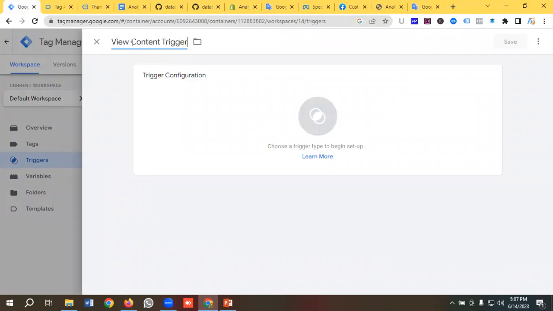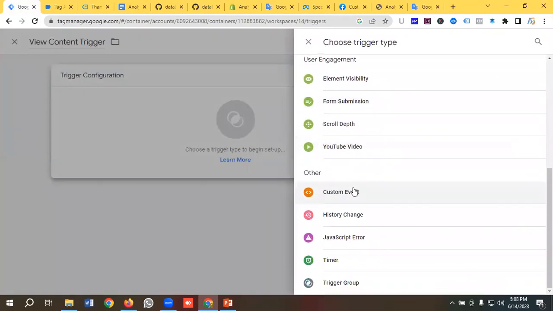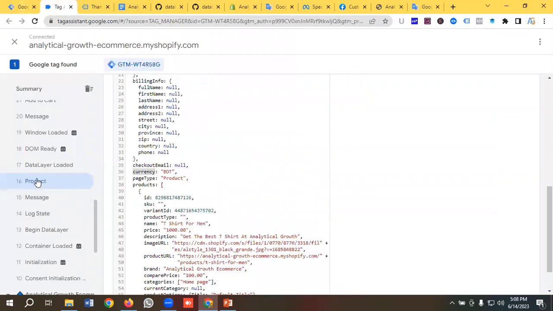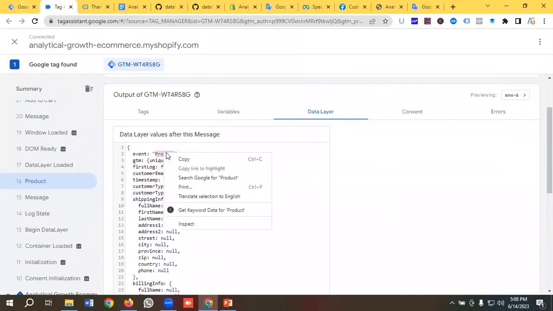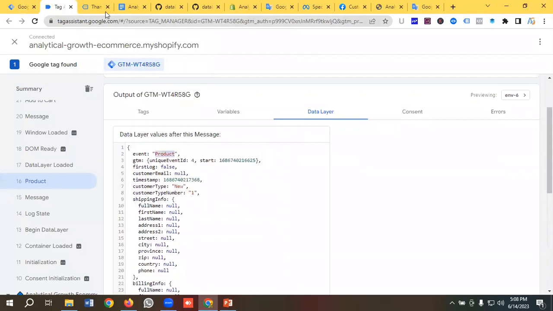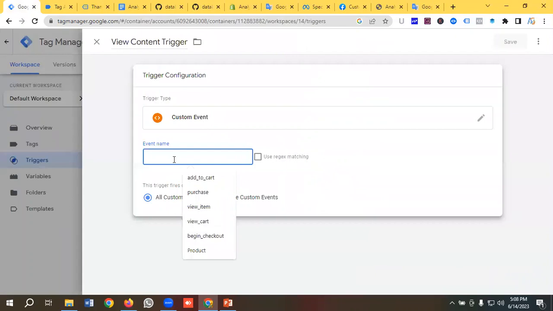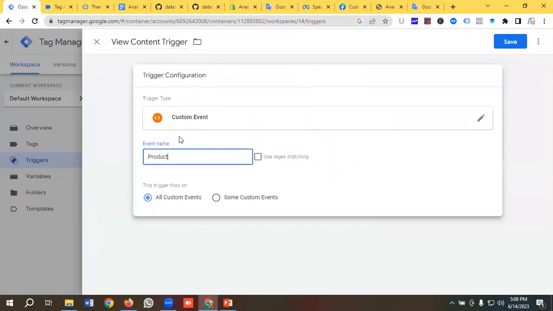Okay, so I'm going to be choosing trigger configuration as custom event, and I'm going to go to the product event section and copy the event name from here. So I'll copy it from here, go to the tag manager, and put this product in the event name section. Make sure you're copying the exact naming sequence from this data layer variable section. Okay, so I'm going to click on save,